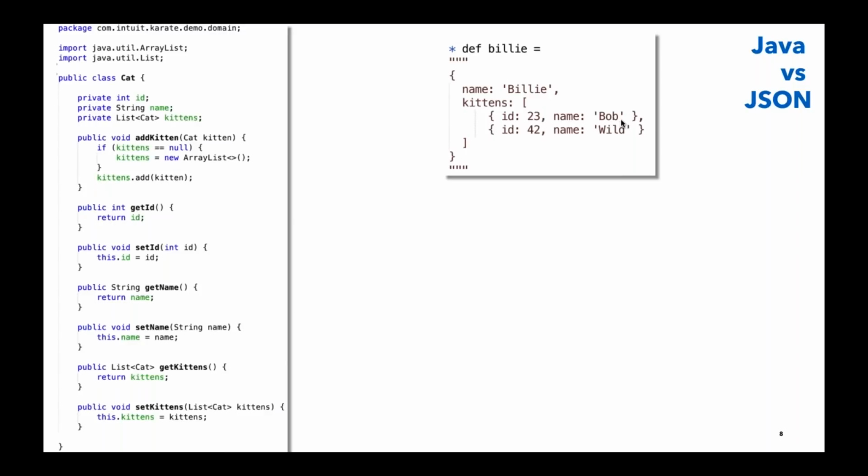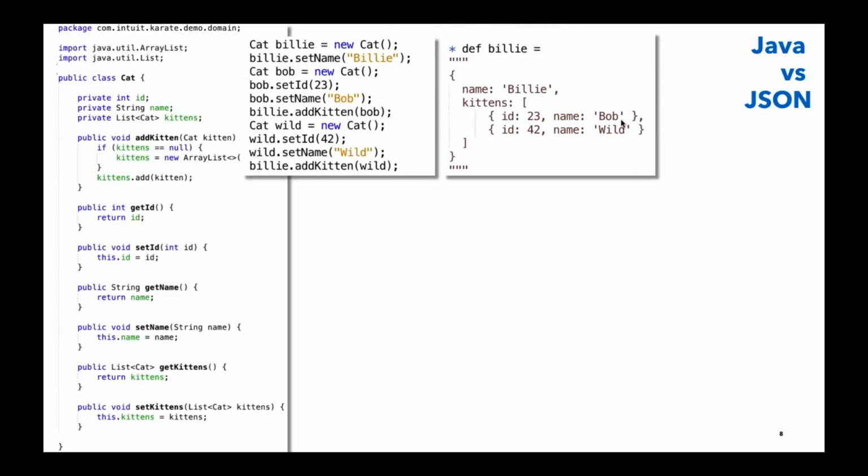Let's take a look at what this looks like on the Java side. And you can see Java programmers would be used to this. You have a POJO, you have all the getters and setters, and Java is not known to be the most concise of languages. And you can see we're still not yet done, because in order to finally arrive at the JSON that you see on the right, you do need to instantiate a class and call the new keyword, and then set all the data before you actually reach a point where you are equal to the JSON on the right.